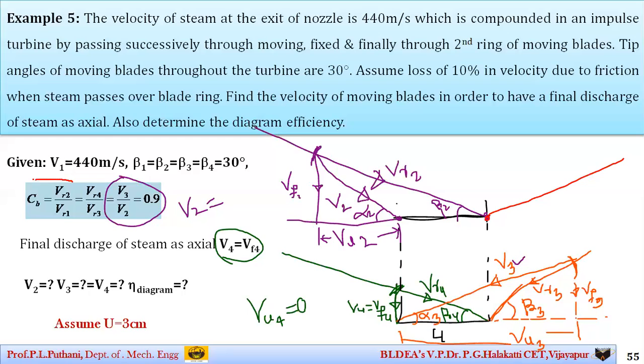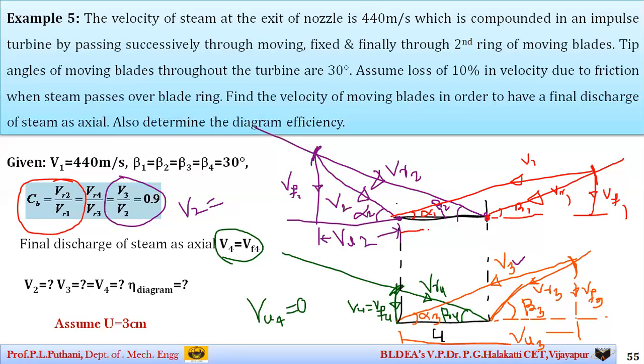Now what I will do is I will make use of this particular relation, CV is equal to VR2 by VR1. And somewhere here the value of VR1 I can cut on this particular scale. Now I will join this one to the other side where I will get the value of V1, making an angle alpha 1. Measure both these values, V1 and alpha 1. Similarly extend this line. This is VR1 making an angle beta 1. Then this is VF1